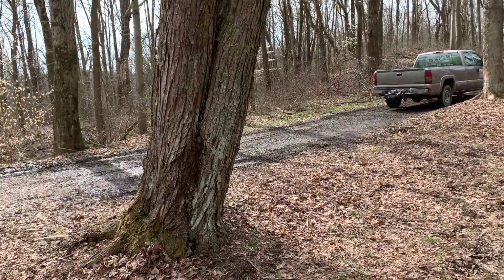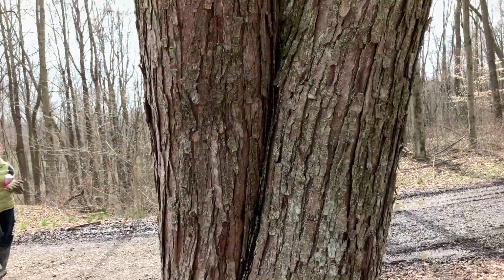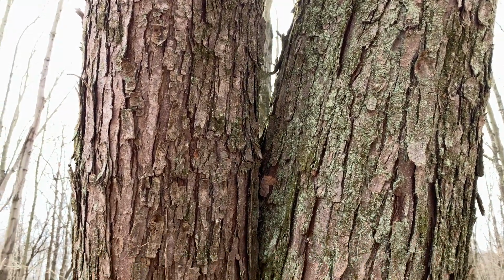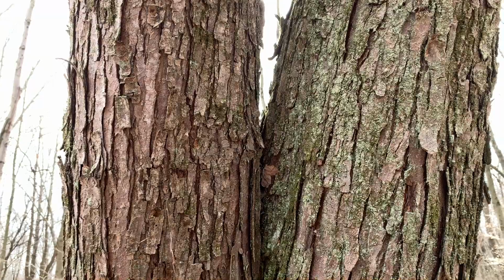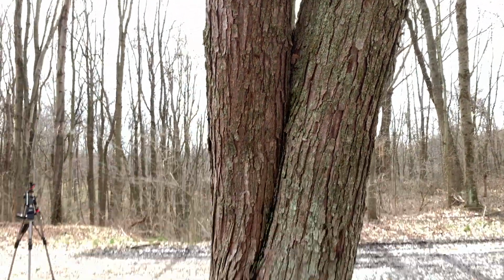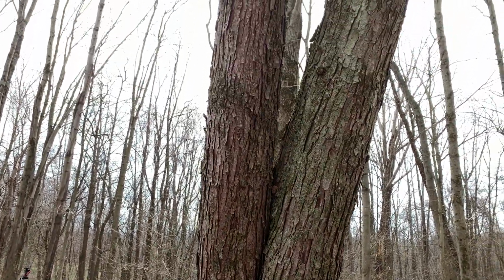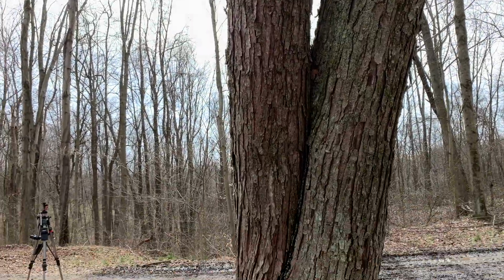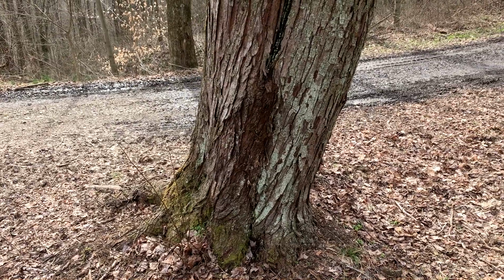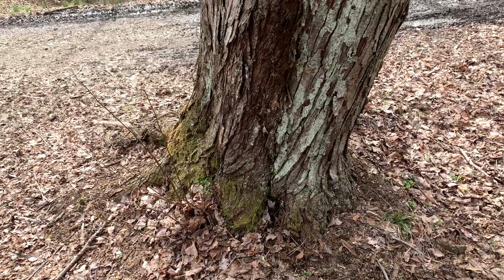The problem I have with this is, if you notice, it's codominant, and it's joined together here about 6.5, almost 7 feet up, which is above my head, and so it's too high for me to get up and cut the left stem and then the right stem separately that way. I thought about taking the whole tree as one and getting a cable in it to try to pull it over into the circle area or the arena area, but if I cut it as one, I'm afraid that what's happening here is